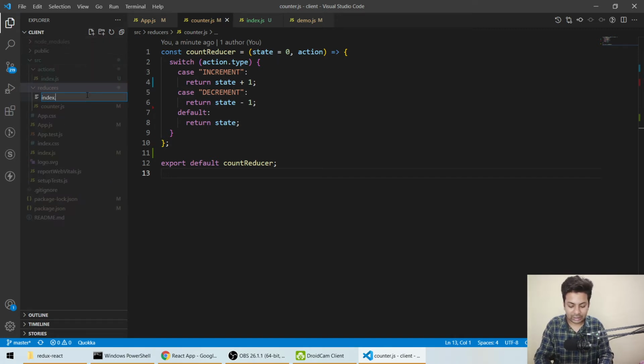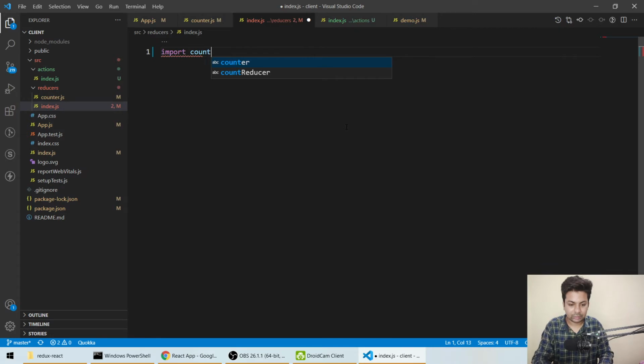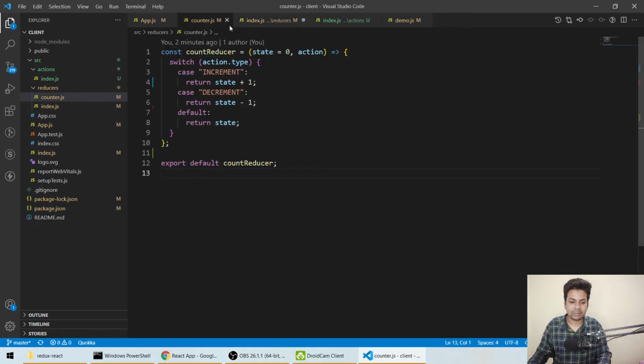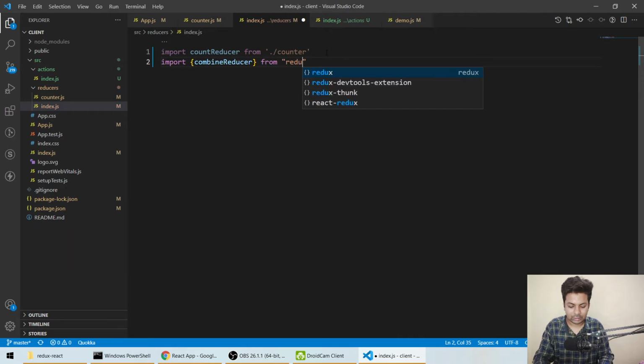We'll call it index.js. Now what we'll do, we'll import this count reducer from counter. So this counter is the file name and count reducer I'm importing. Now we'll import combine reducers from Redux.